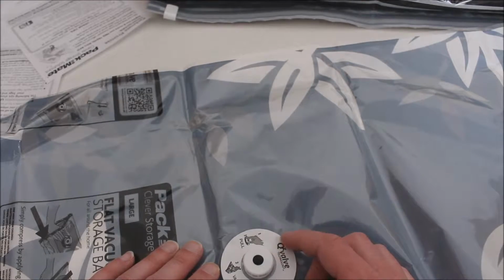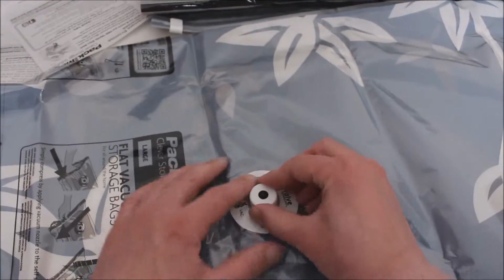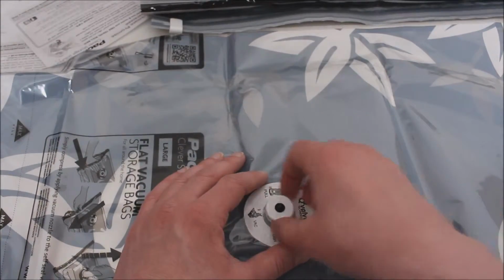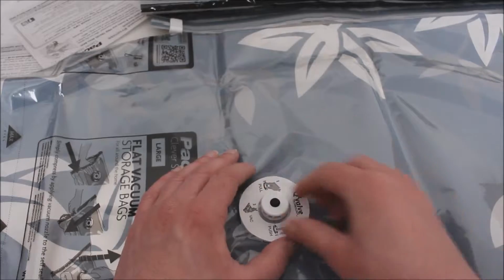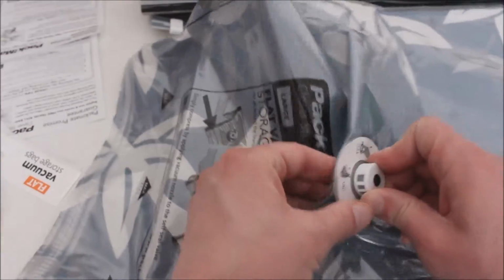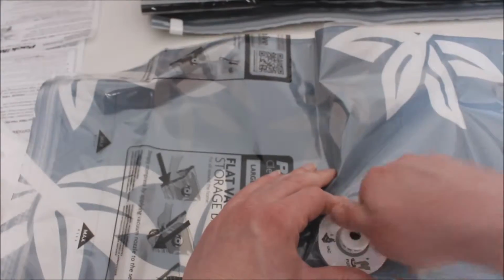So you pull it, you vacuum it, then you push it. I'll show you that again. You pull it out like this, you attach the vacuum cleaner, it does its suction thing, you push it down, and that's it, sealed, although it does feel like it potentially comes loose. So I'm a little dubious about that,